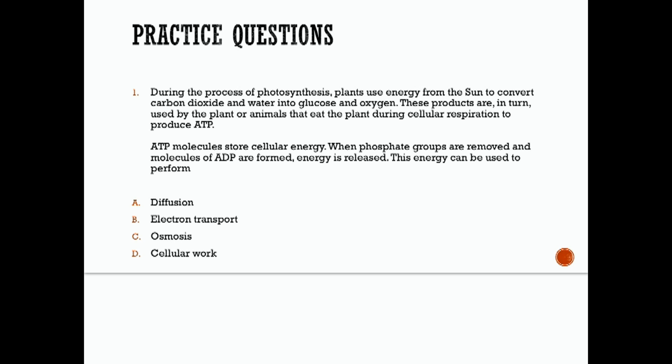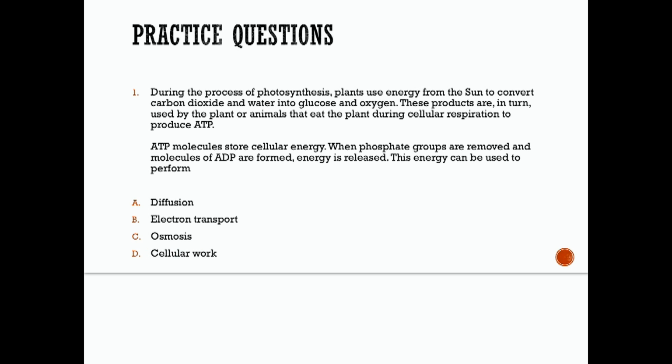When phosphate groups are removed and molecules of ADP are formed, energy is released. This energy can be used to perform what? Okay, so the energy used from an ATP molecule, can it be used to perform diffusion, electron transport, osmosis, or